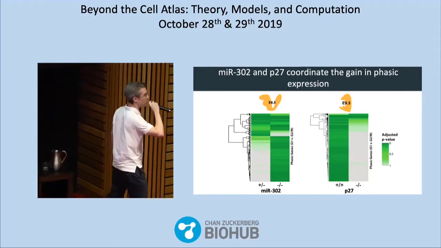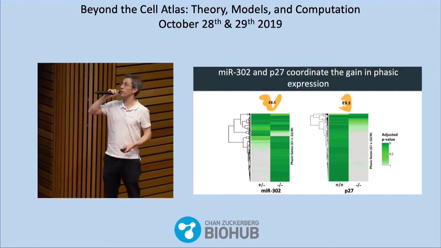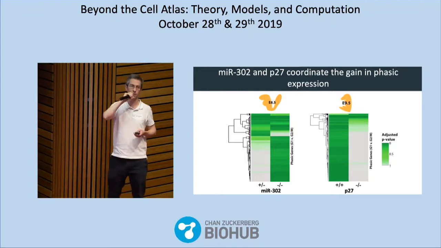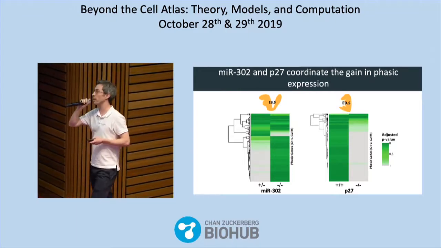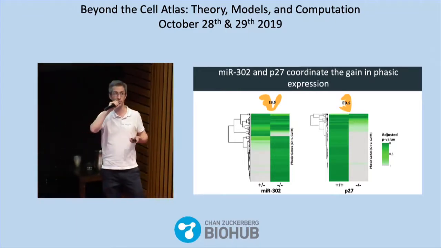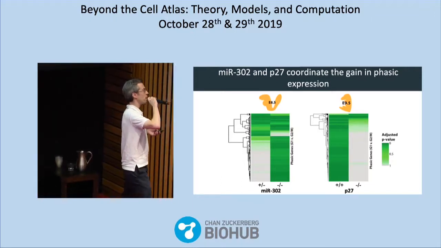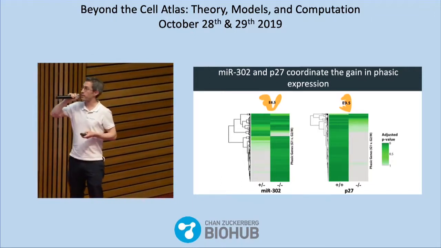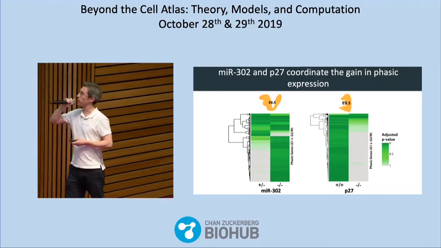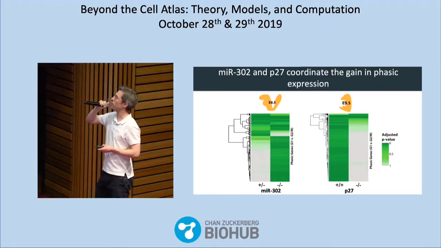The last thing I haven't told you is that we already know from earlier work that in MIR302 knockouts, you get premature differentiation. So our question was, okay, if that starts happening at E9, and we've done that through characterization, so staining, we see early neurons, was this actually a secondary consequence? Is the early phasic expression just a secondary consequence of differentiation, or is it upstream?